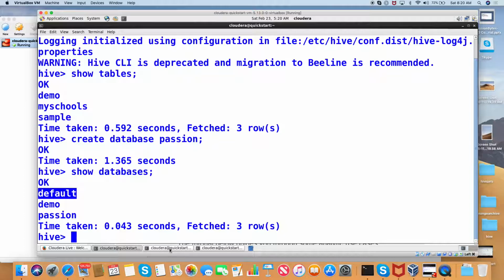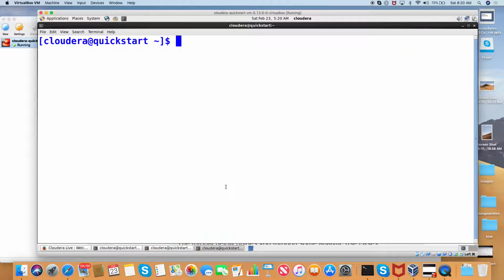So we created the database, and now you come back to the screen where you are going to write the Sqoop command. So what is the command? Sqoop import, okay, minus minus connect. Please type in all that you know. jdbc:mysql://localhost:3306/